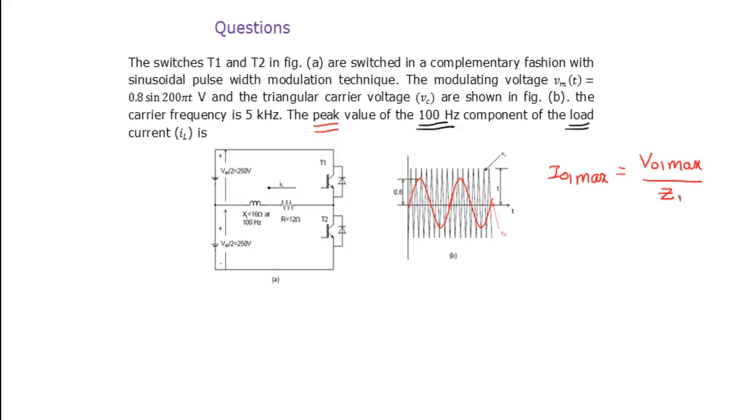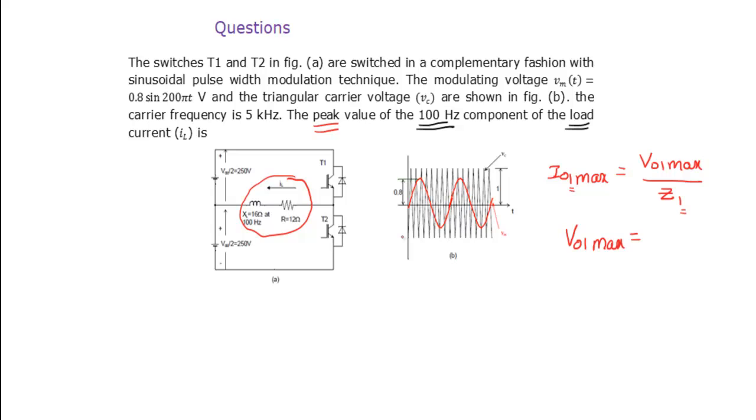Z1, because it is a fundamental component, we need to take Z1 because the load is an RL load. You can see that the load is an RL load, and this inverter is a half-bridge inverter, so we also need to look at that. To calculate this, we need to know V01 max and Z1. Z1 we can calculate from the load, and V01 max we can calculate from the